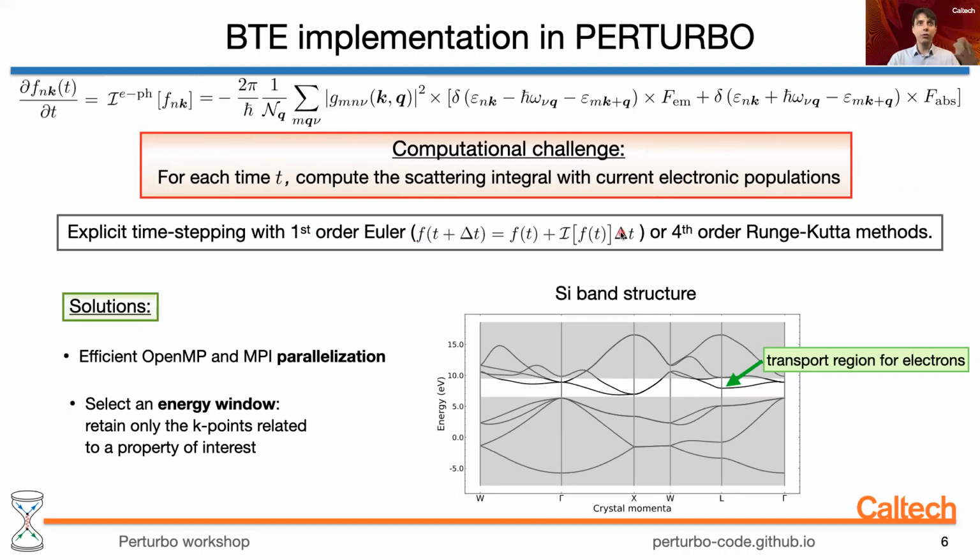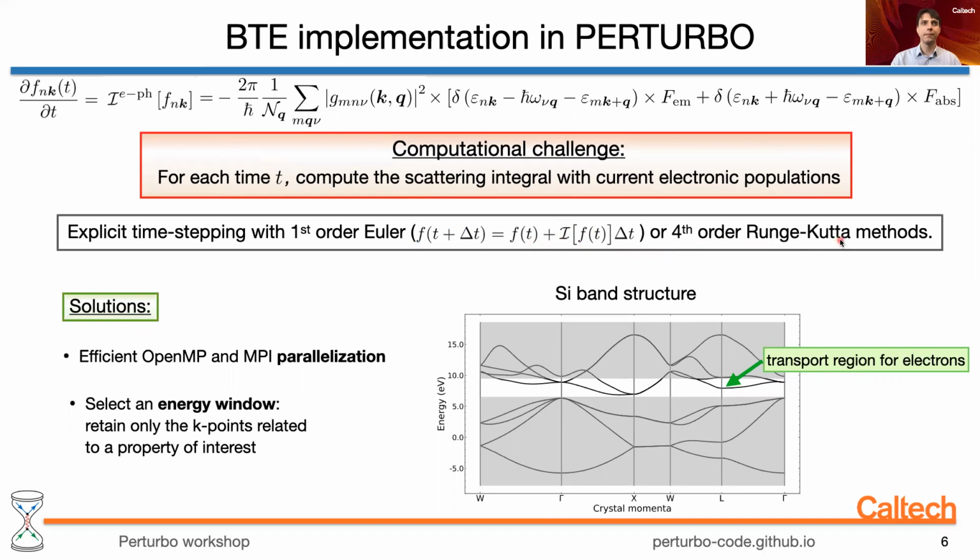So in order to solve this equation, of course, we need to select a time-propagating algorithm. We can pick just the first order Euler. In this case, we would just replace partial f partial t with delta f over delta t, and we can get this simple expression of the occupation function at the next time step as a function of the occupation function n at time t plus the electron-phonon scattering integral, or we can use more accurate but also more computationally expensive fourth